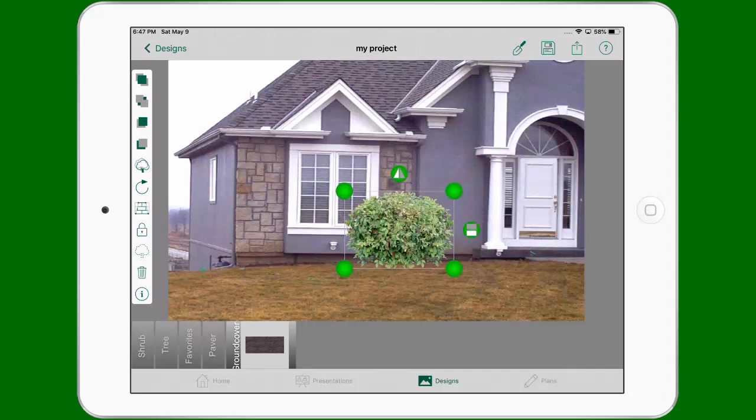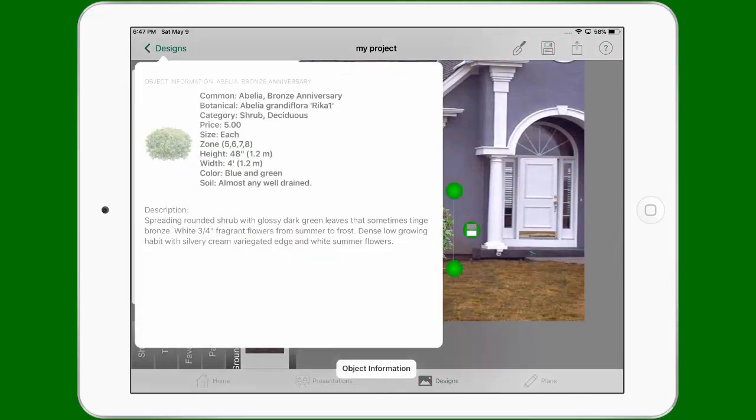Now over on the left, if you notice, there is an additional toolbar there. Notice that if I tap off the plant, it goes away. So it's important to know, in order to get that toolbar, you must actually tap on one of the plants or objects that you're working with. From here, you can pull the plant information if you wanted to. If you click on the eye